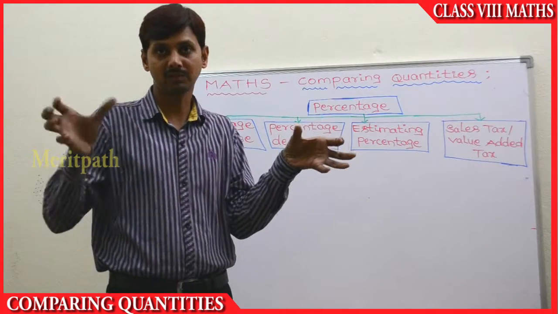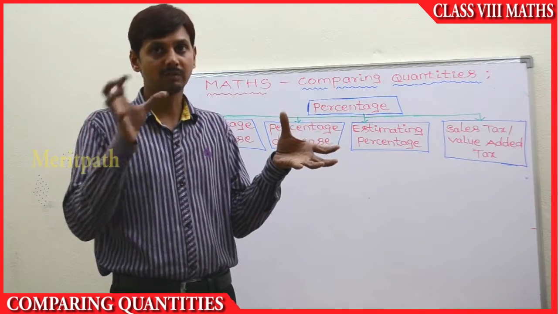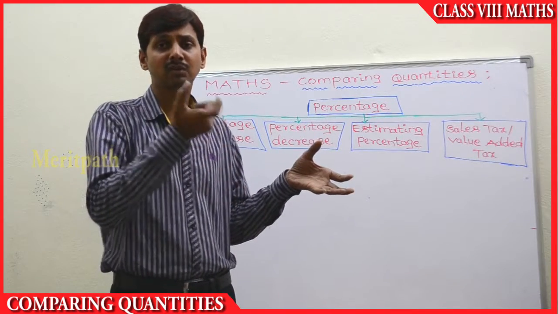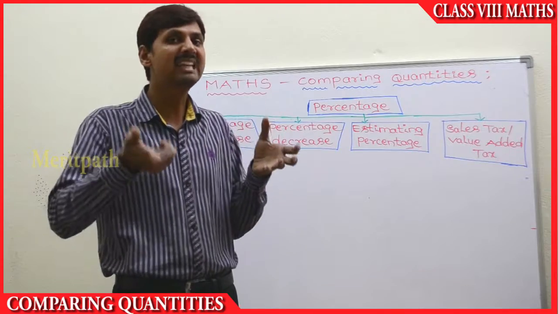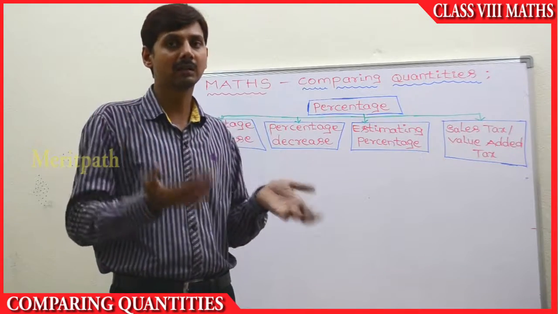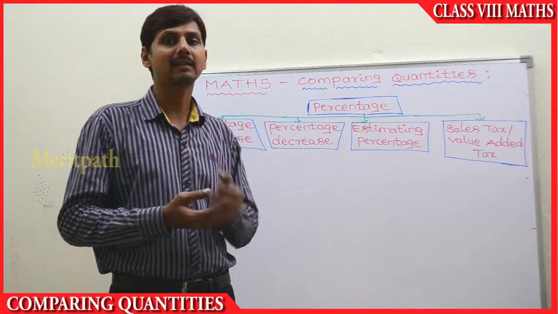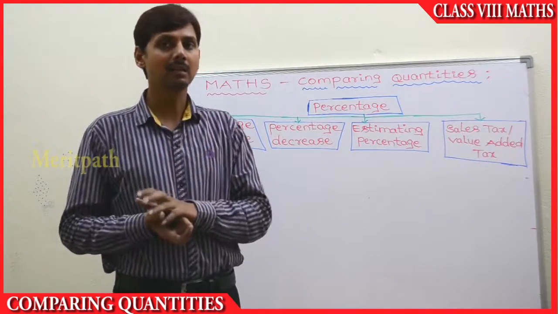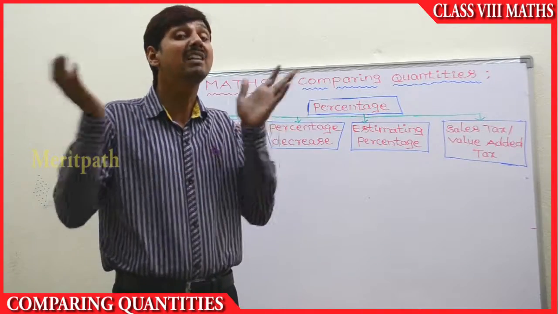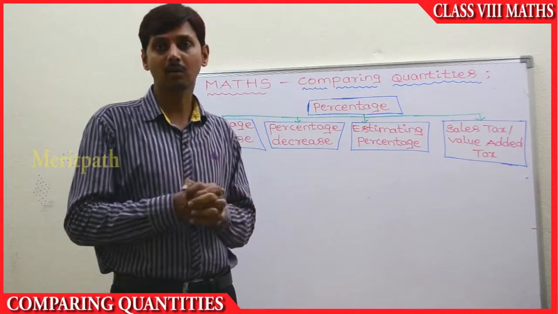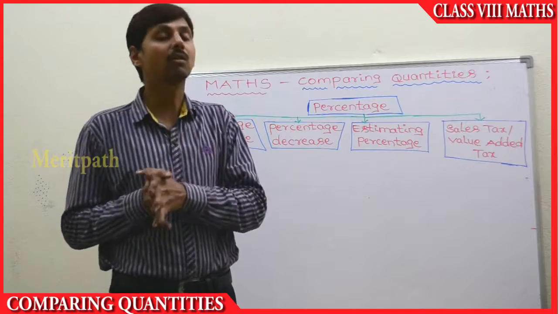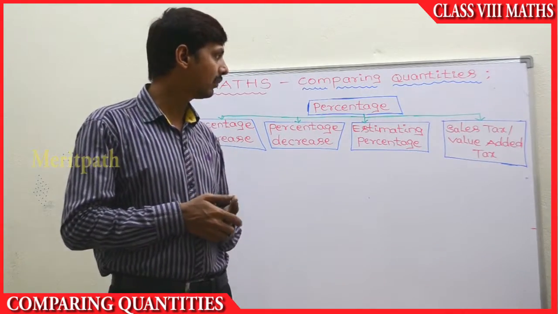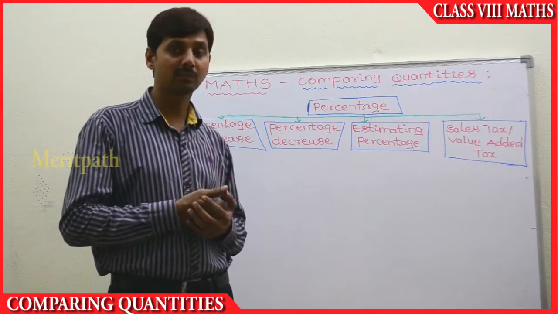We're rounding the numbers, and in a similar manner we will take the percentage also by rounding, which is the easiest method. Like if it is 36%, we will take it as 30% separately and 5% separately, which is easy, and then we'll add up the numbers, and we will estimate what the percentage increase or decrease is, in the estimation process. So that is estimating the percentage.